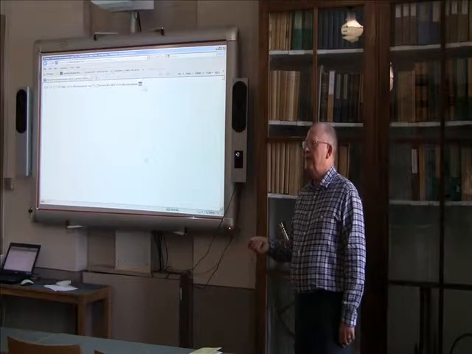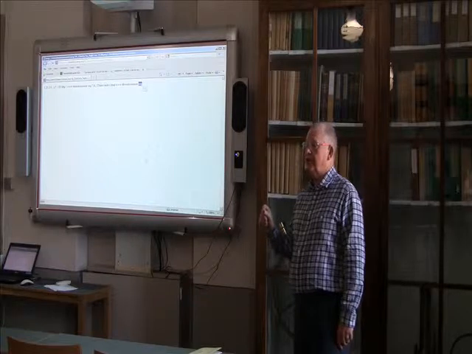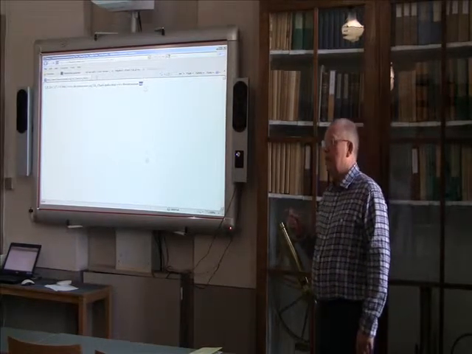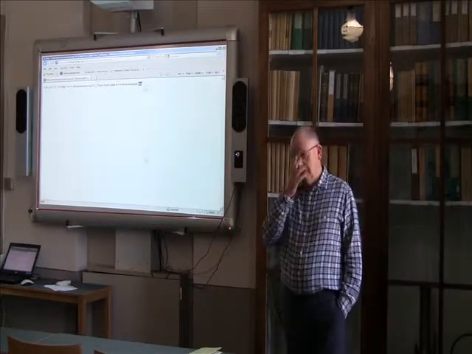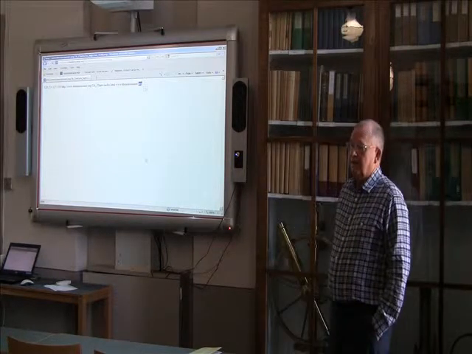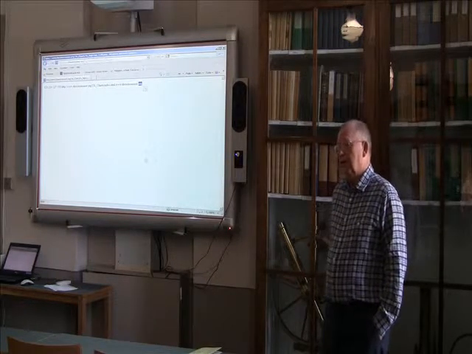The big disadvantage of Seal, if you're looking for asteroids, is that it's not linked to the Minor Planet Center. You can download new orbital elements yourself and put them in. Yes.